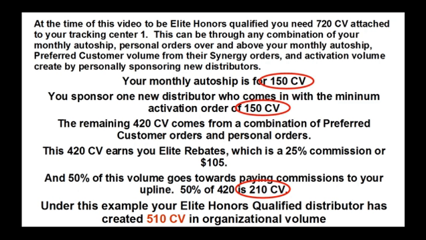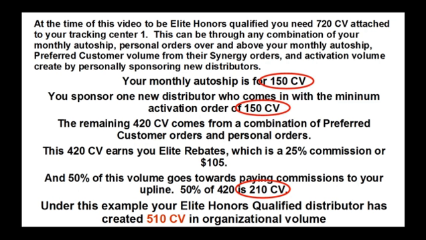And there's a lot of different ways that you can make up that. In this case, what I'm showing you as an example is you're on a monthly auto ship for 150 CV. You brought 1 new distributor in this month that comes in with an activation order of 150 CV. And the remaining 420 CV that you need to have 720 CV attached to your Tracking Center 1 is 420 CV. And you're going to earn $105 off of that. You earned a $25 Fast Start bonus, so you earned $130. But what's important here